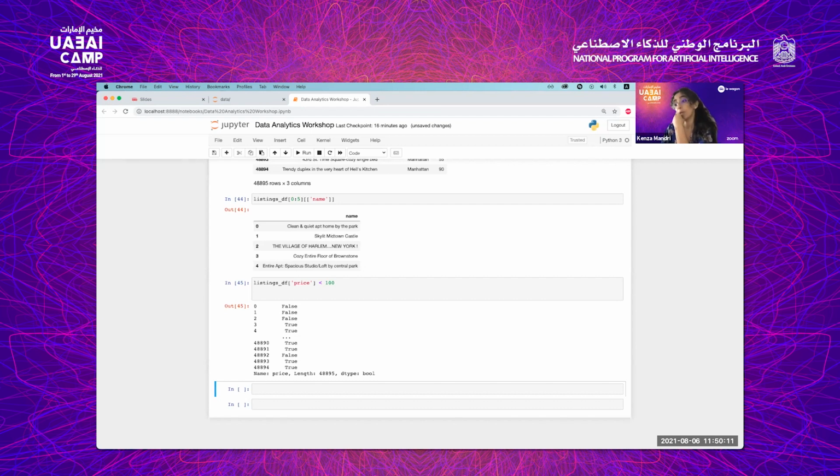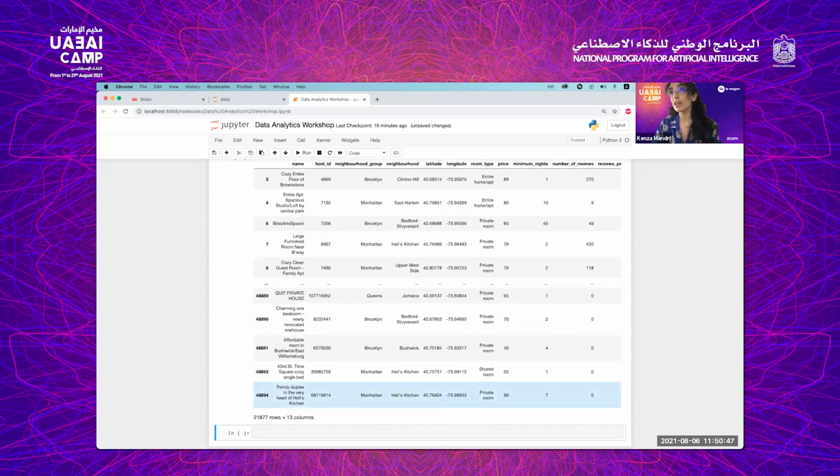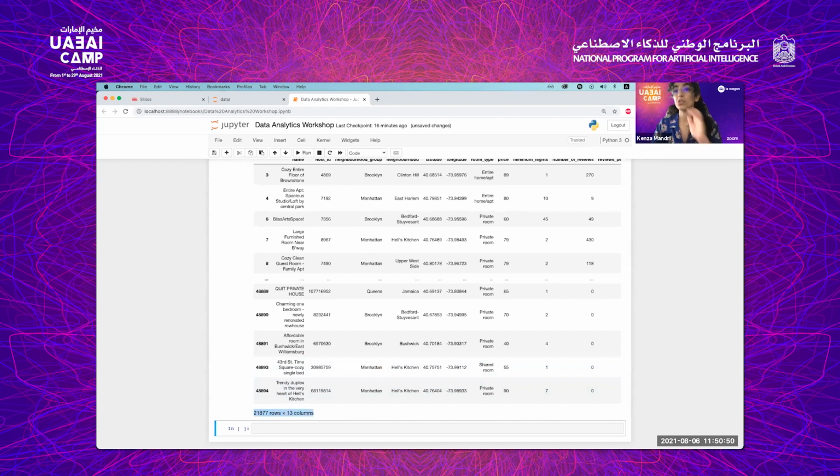What else can we do? We can select and filter out. Say I'm interested in only analyzing the Airbnb listings that are in a specific price range. To do so, you pass this statement inside of your data frame, and what it does is that it grabs all these trues and falses, and it gives you back the original values. Okay. So let's now store it into our data frame. Let me do listings df. You open your brackets and you copy what we've just written inside. Say, if you look into this, now we have a new data frame that is half of what we've seen earlier, which is around 20,000, and before it was like 48,000, so almost half,